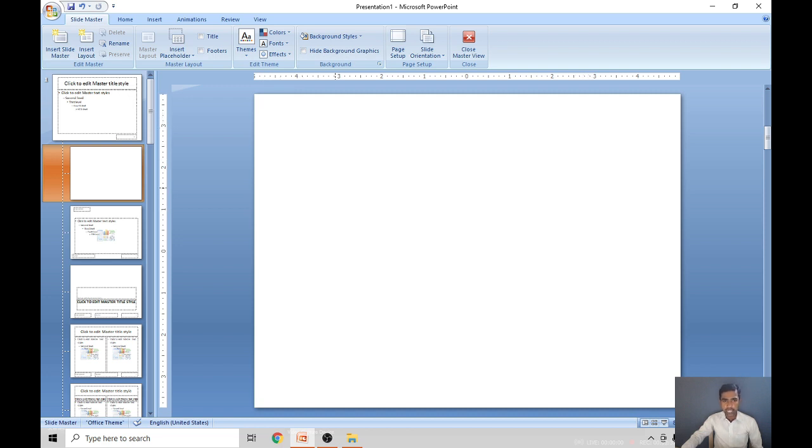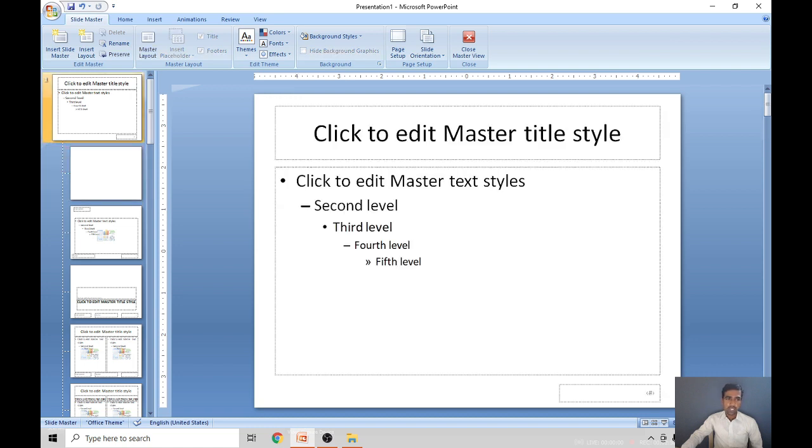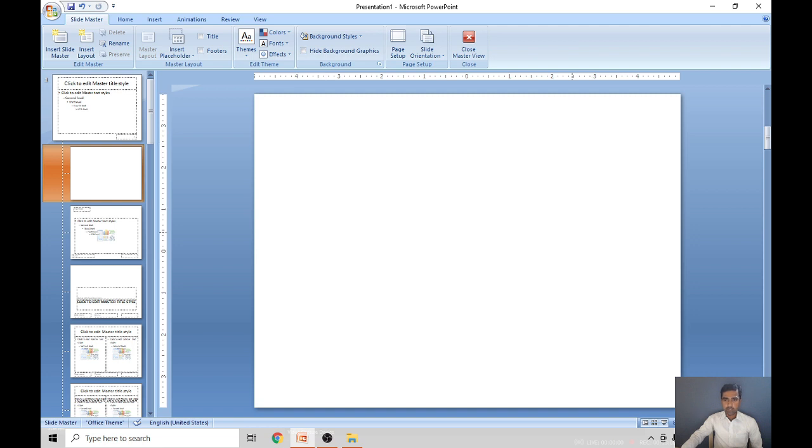So how to create that custom layout? To create that custom layout, you have to click on the insert placeholder option here. So these are the insert placeholders. How many placeholders you need in this slide, that many placeholders you can insert and create your own layout. In this layout, two placeholders are there, right? That is the heading placeholder and the body text placeholder. Here there are no placeholders. In this one you can create your own custom layout.